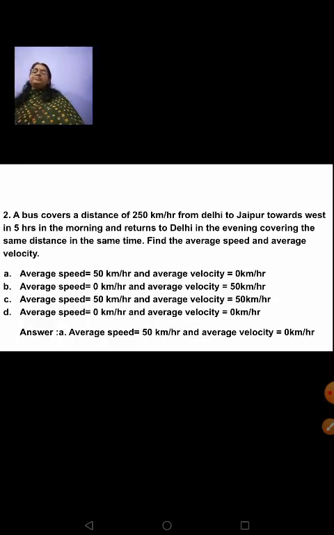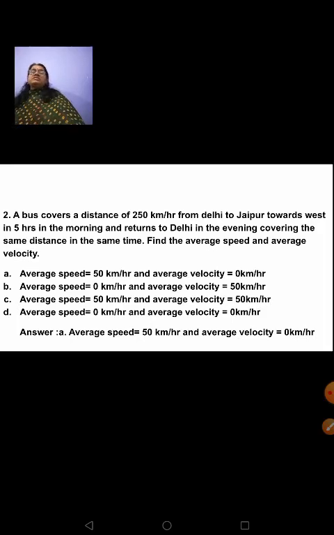Look at the next question. See, like this only you can expect in your examination. Options will be given and you have to apply the formula. Simple sums will only be there, like this kind of sums. You have to just mentally work on that and then you have to get the answer.